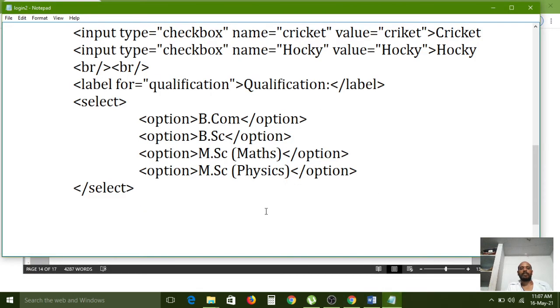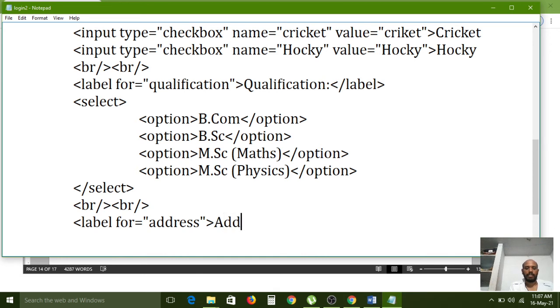And the next option is text area. For that, one BR tag I am using, 2 BR tags. Next, address. Label for address. ADDRESS, address.